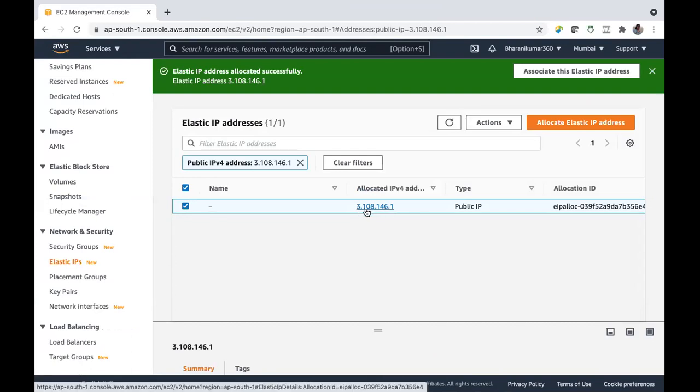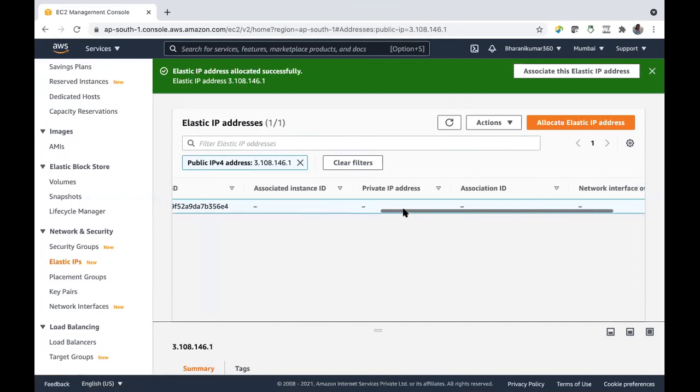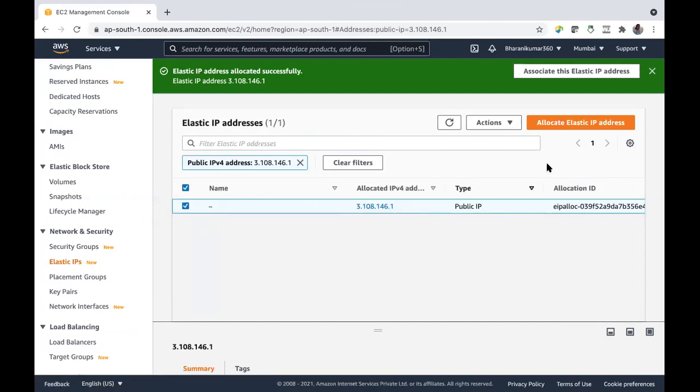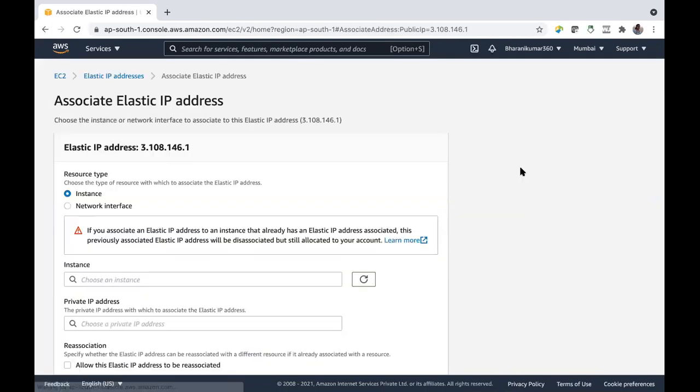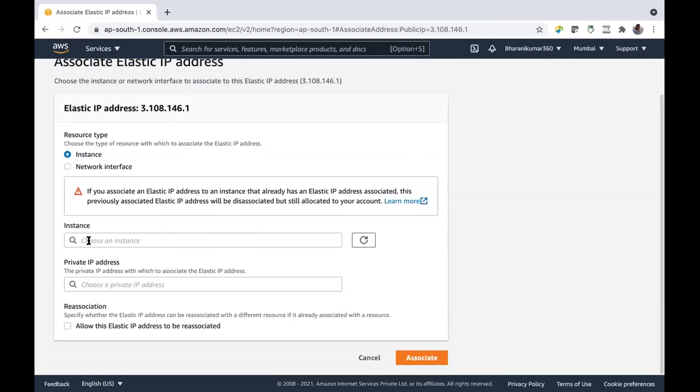This address has been allocated for me. Now what we can do is go to actions and associate this IP address with my server. Associate elastic IP address. Yes, I want to associate with my instance. So resource type is instance, and then choose instance.